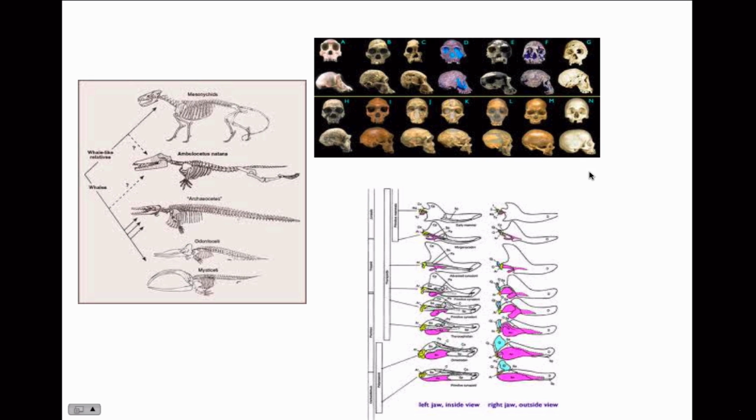Now, taking a closer look at the fossil evidence, when archaeologists go out and they're looking for fossils, sometimes they'll find a complete fossil, but that's rather unusual. But they'll compare these fossils and they'll try to put them in an order that would show the change over time. So they'll date them to see how old they are, and they'll look at particular structures. In this graphic here, you can see